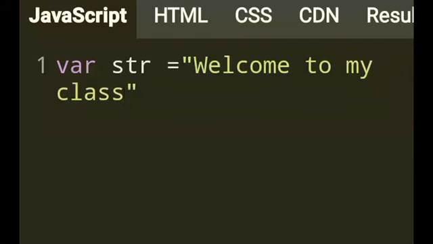And then followed by an exclamation mark to show you the importance of any kind of punctuation and white space, because white space and punctuation also counts. Okay, and then don't forget the semicolon. So this is a variable string, and the string value is welcome to my class with an exclamation followed by a semicolon as usual. So I want to slice it.